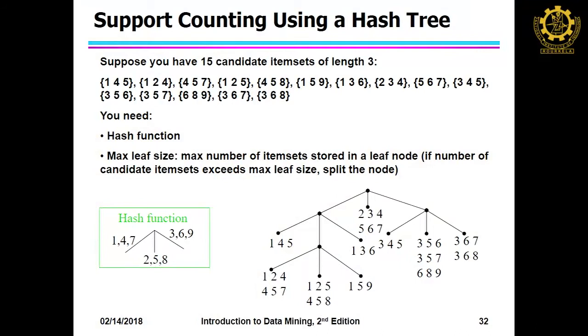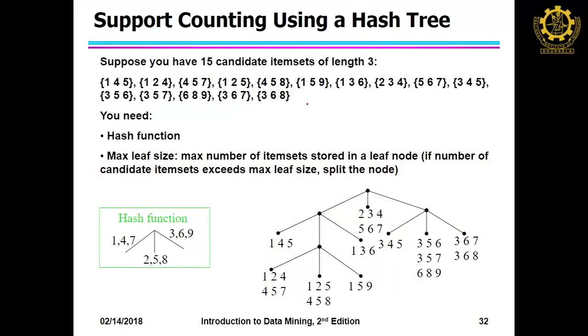So, in the last class we talked about how to generate the hash tree. Please keep one thing in mind: for each frequent item set of length k, you have to generate a hash tree. So for two-item sets you generate a hash tree, and similarly for three-item sets, four-item sets, for each item set category you have to generate the hash tree. That is what we saw in the last class, once we generate the frequent item sets and how to generate the hash tree.